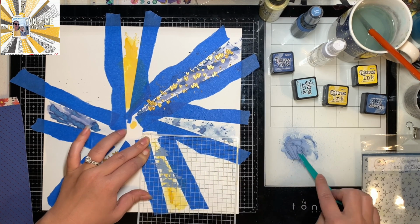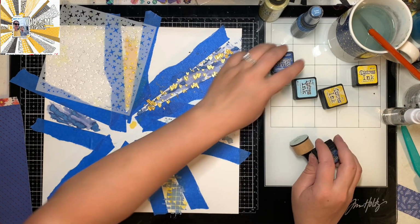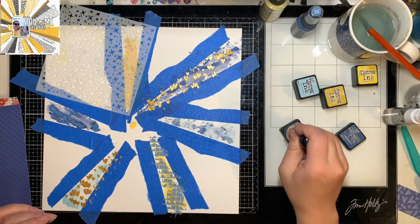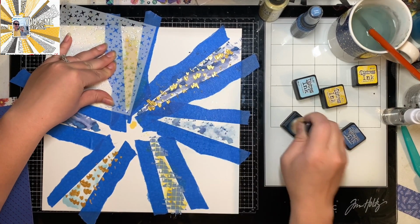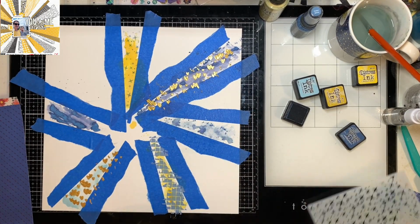So here I'm using some texture paste. It's just Tim Holtz Distress Opaque Matte Finish Texture Paste. It doesn't really have a color to it, but I spray the Oxide spray and actually make it colored. So that's what I did there with the grid one at the bottom. And here I'm just going in with my faded jeans through this stencil using my blending tool to get those